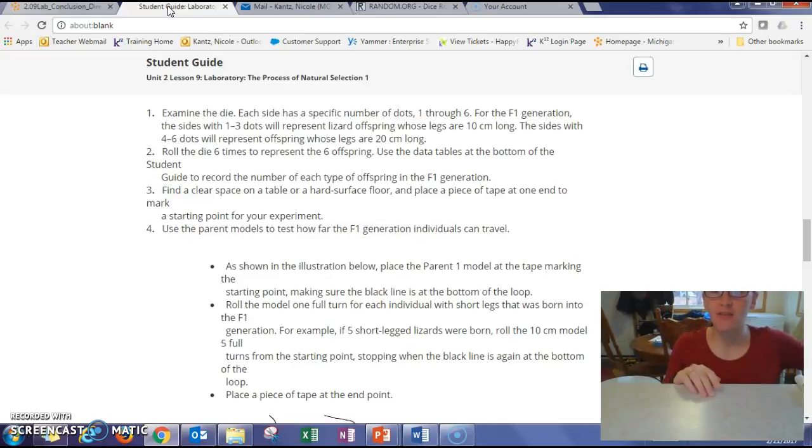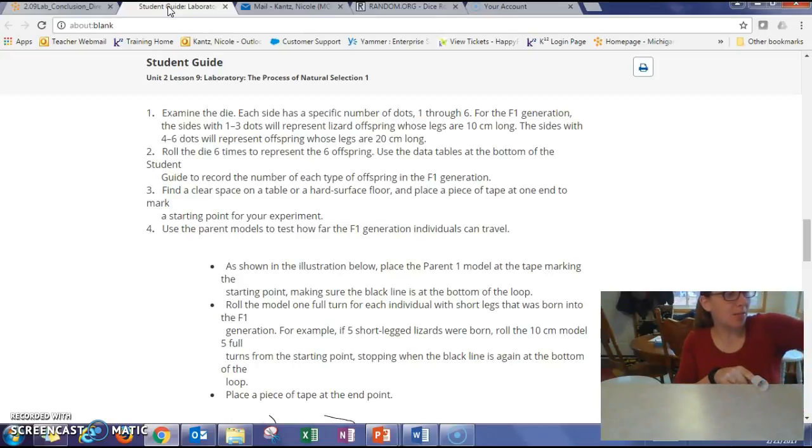For example, if 5 short-legged lizards were born, I'm going to roll this 5 complete times. That's why you have that black line, so you know where a full turn is. I only had 1 short, so all I'm going to do is roll it 1 time,